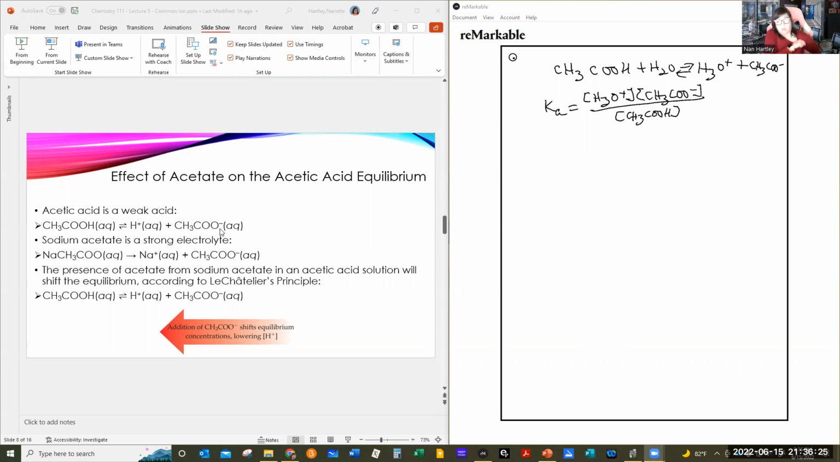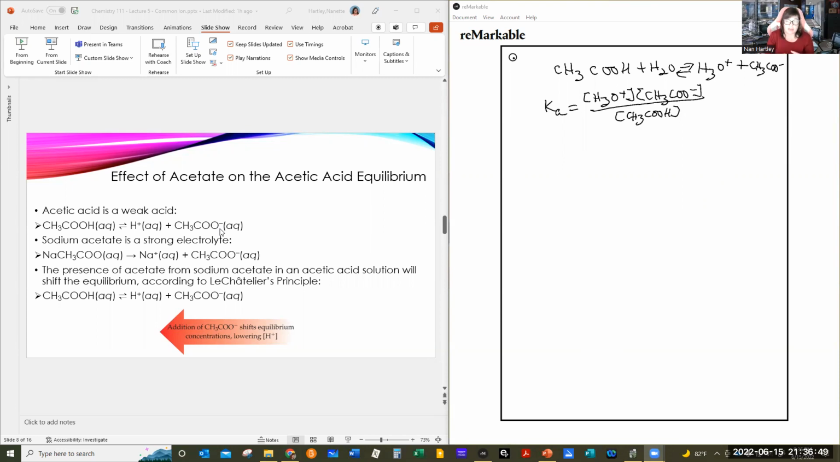I really don't care which one you give me. It is not important to me. I tend to leave the water off because it doesn't appear in there, and since it doesn't appear, it complicates the issue. All right, anyway. So if that's the equilibrium we're talking about for CH3COOH going to H plus and CH3COO minus,